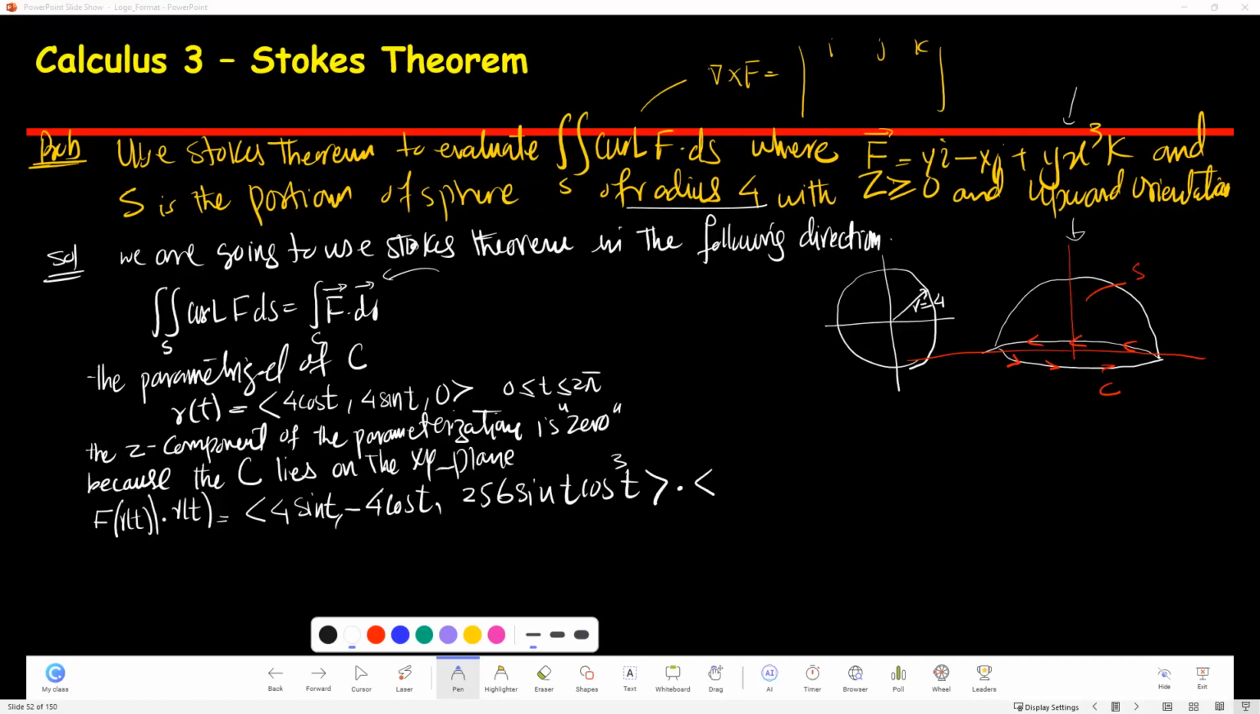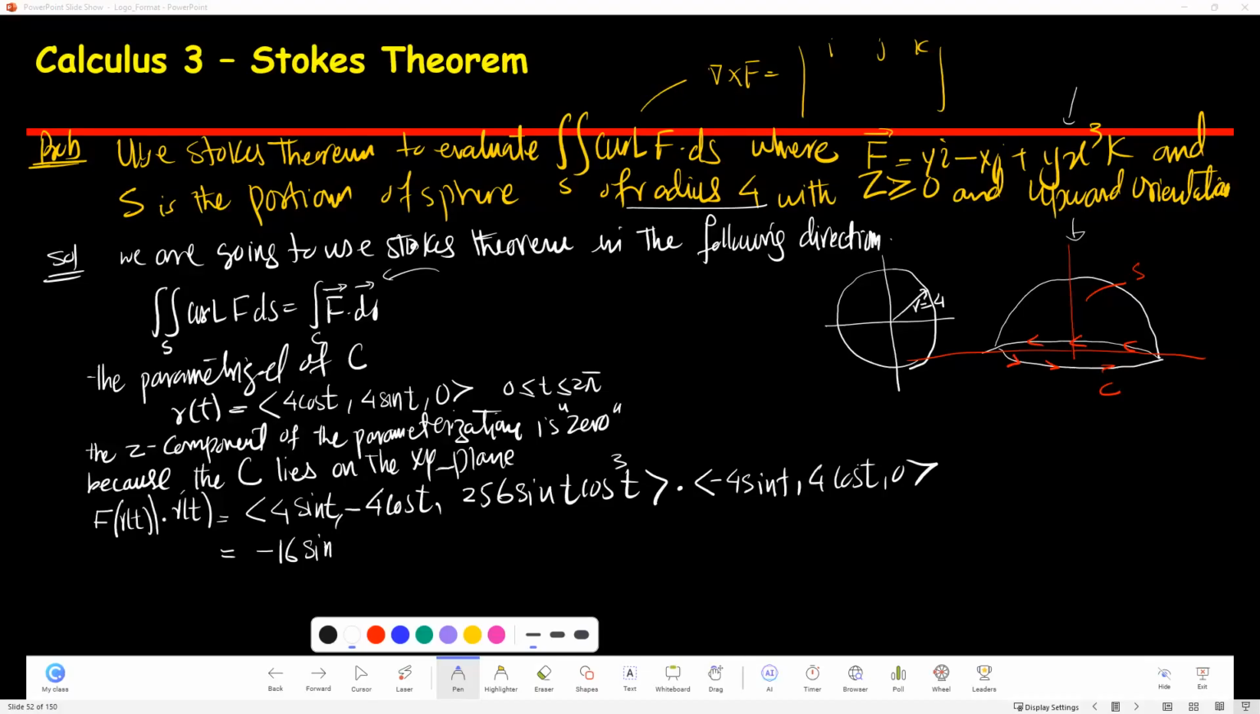And my second part, which is r, I'm going to write as is. All I did, remember, is take the prime of this. Let's try to take the dot product. We'll take the dot product. It's going to be minus 16